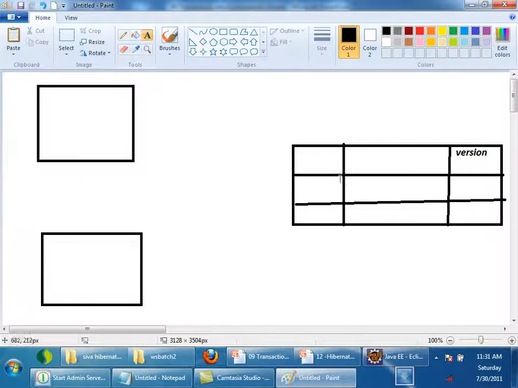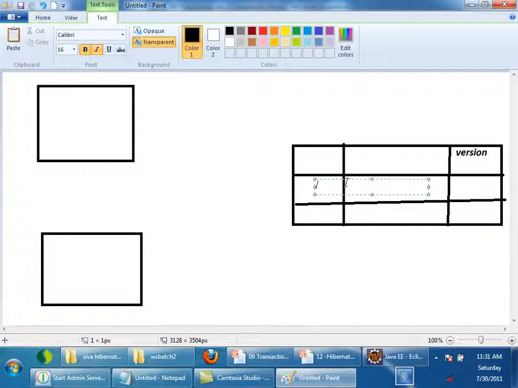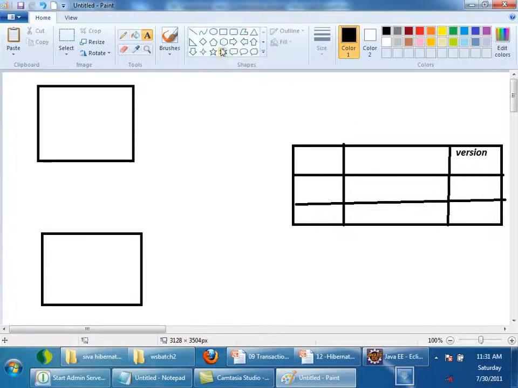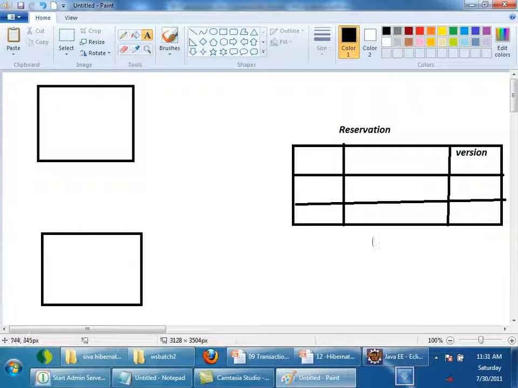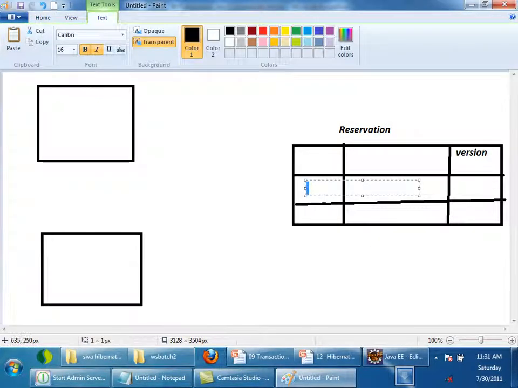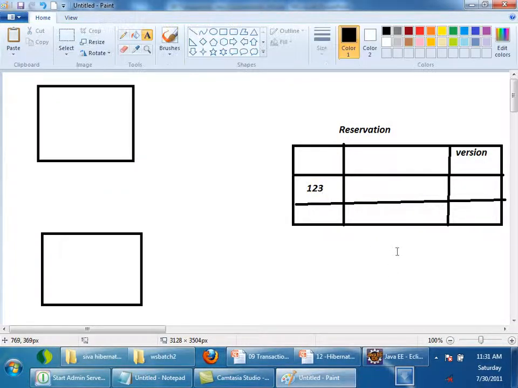Now let's assume that this is a table for, say, reservation. It's a table which has some reservation details. There will be some primary key, let's say 1, 2, 3.